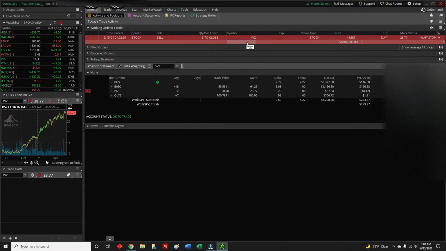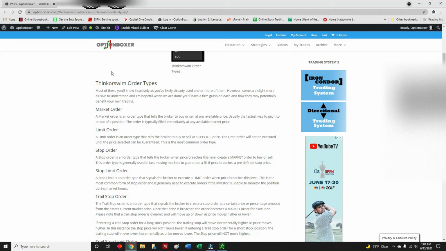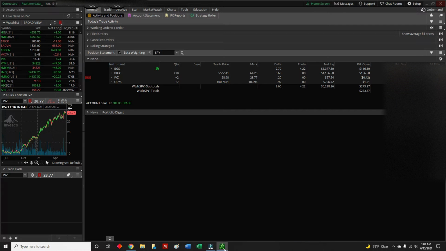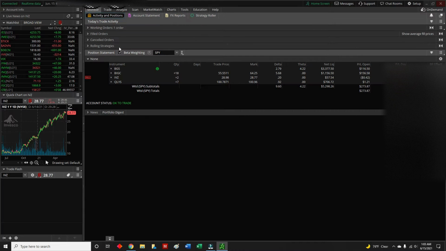So I tried canceling it. Maybe it did, maybe it didn't. I'm not sure. But regardless, that's a trailing stop. Another thing you need to be aware of there, if I can get back to the proper screen, which I don't know what I'm clicking on, is if you set a trailing